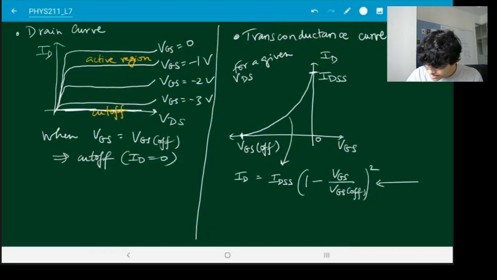So let's check what kind of biasing we do for the JFET. Same as with the BJT. In order for this transistor to work properly, you have to first make sure that it is correctly biased. Only then will it work. So just like in the previous transistor case, we had things like fixed base bias, voltage divider bias, collector feedback bias, emitter bias, etc. So also in this case, you can have lots of different kinds of biasing methods. So let's just look at a couple of them.